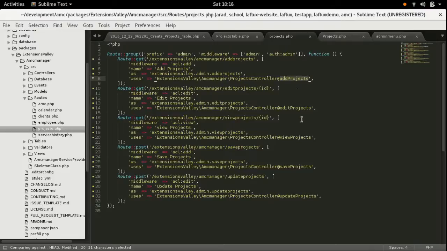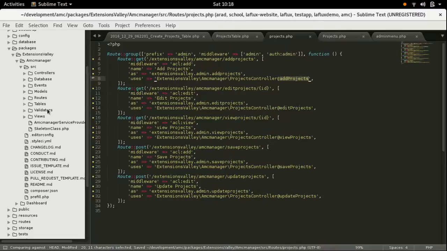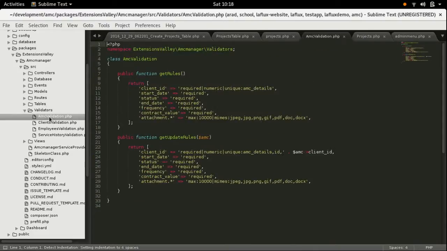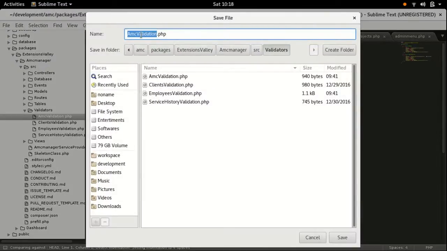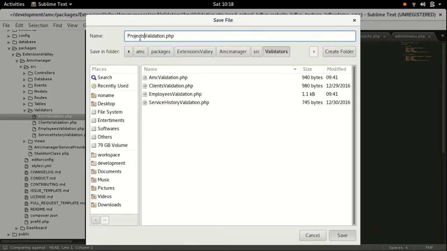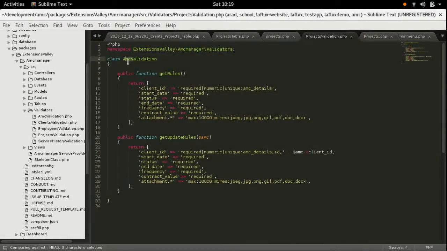Okay, so we have our routes, and the next thing we have to do is, first we have done migrations, next tables and models, then we have routes. Now validators. Yes, validators are easy for putting some validations. I'm putting projects validation. Yes, what are the fields I have to validate is,